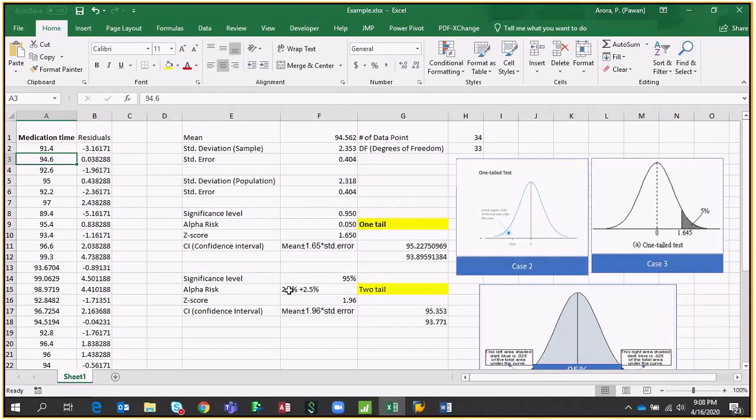As well as what is the meaning of confidence interval and how you can calculate the confidence interval. I'll show you in both the ways, in Excel as well as Minitab. Okay, so let's start